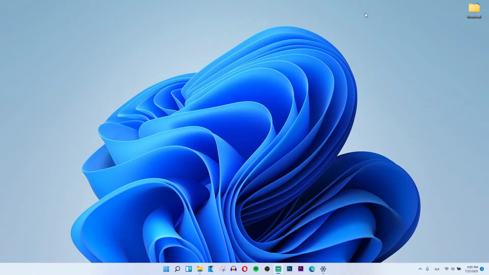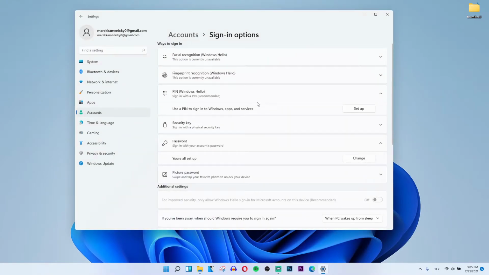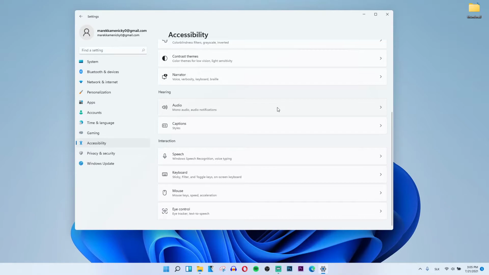So when you come here and you have Windows, you want to go to the bottom, right-click and click Settings. Now here, you want to go to Accessibility, and in Accessibility you want to simply scroll down below and then select Mouse,